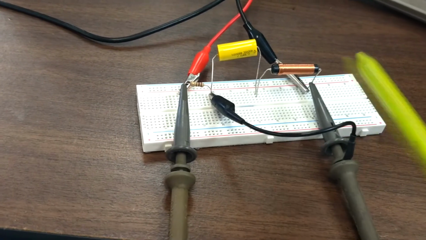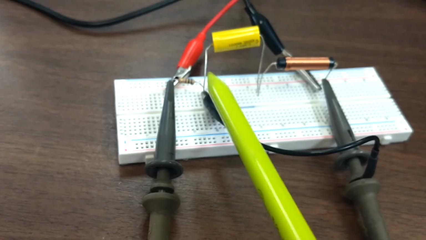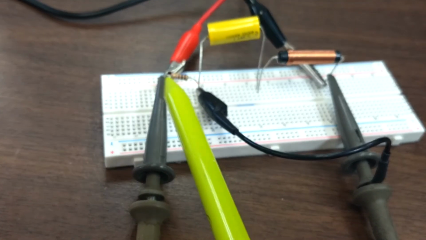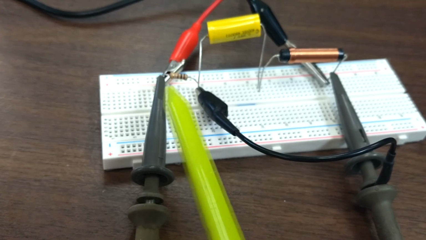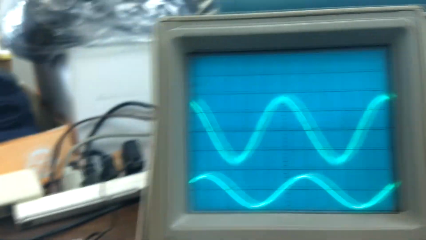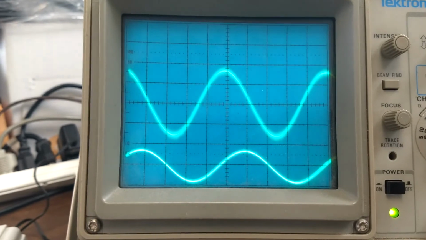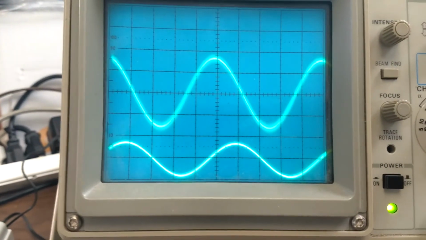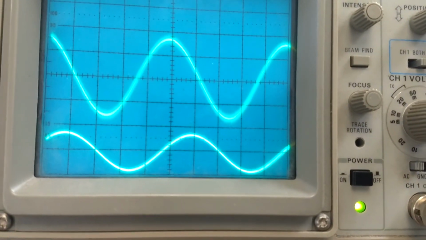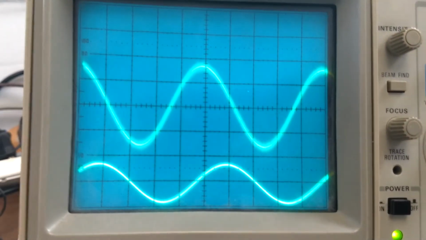I have one of the probes connected across the L and the C, and the other probe is reading the voltage across the resistor. So on our oscilloscope, the upper trace is the voltage across the L and C total, both of them, and the bottom trace is the voltage across the resistor,